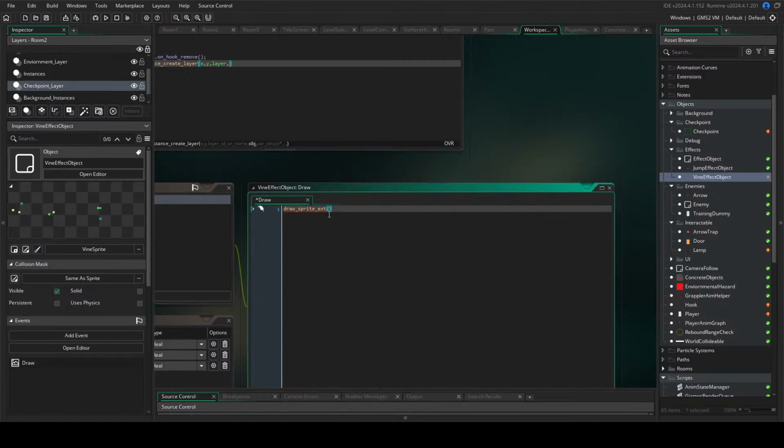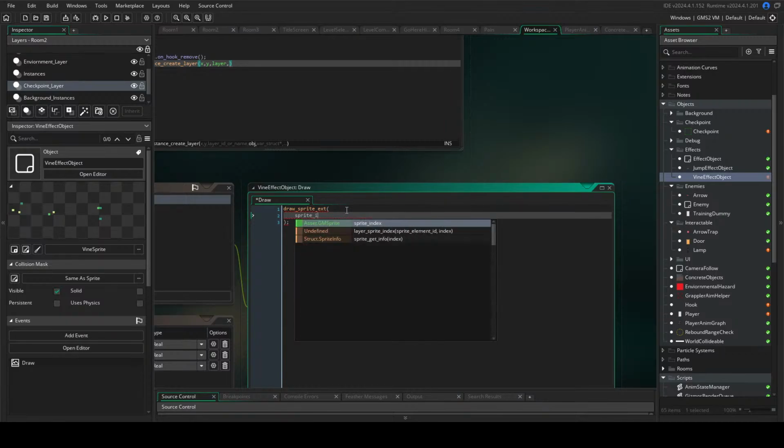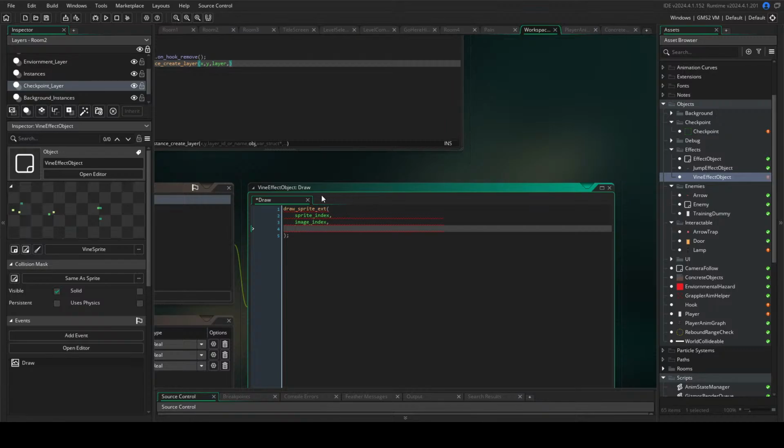Let's paste in. So let's put in the basic information. Sprite, index, image index, that kind of MacGuffin. But now